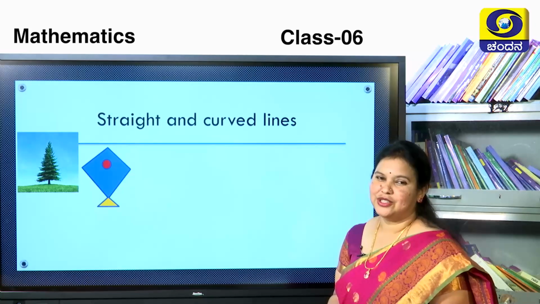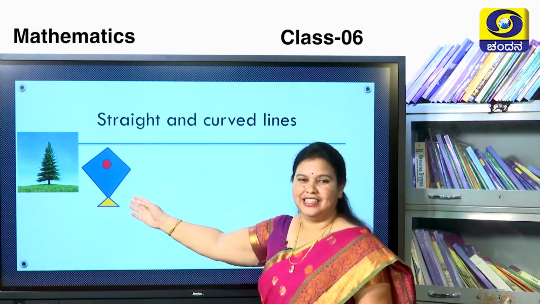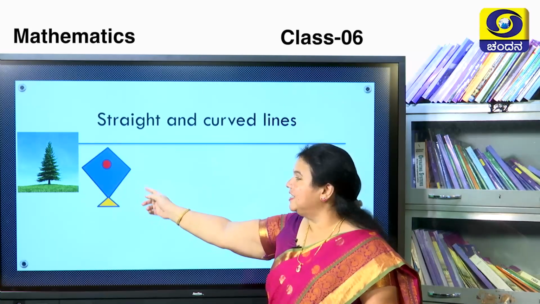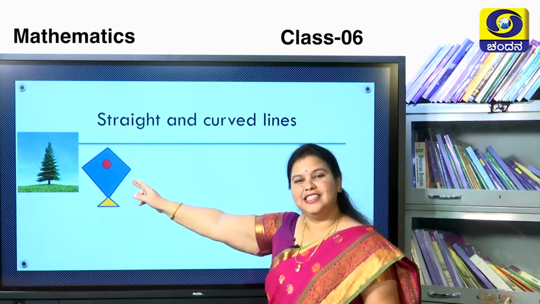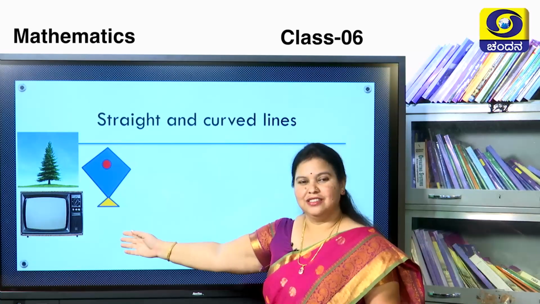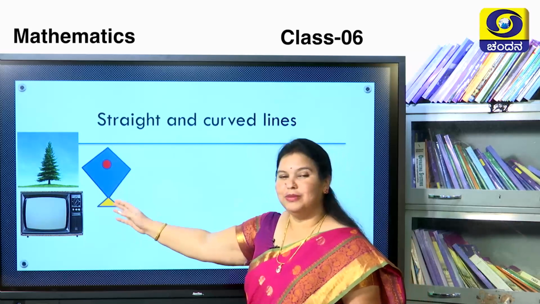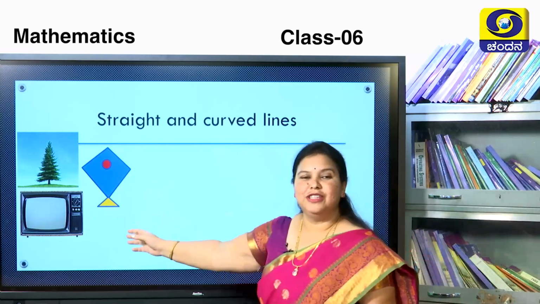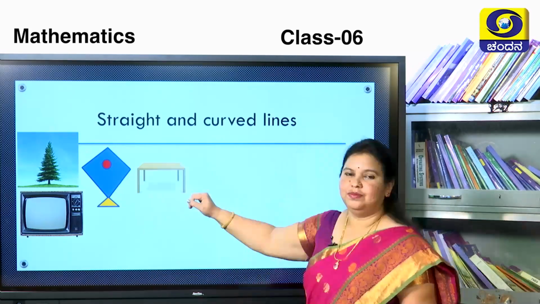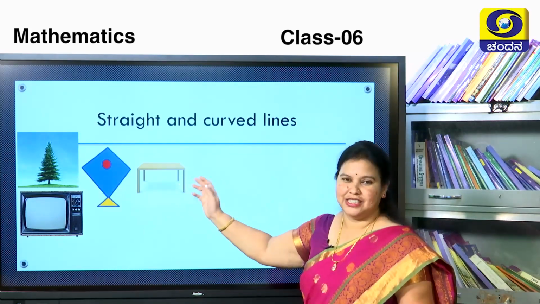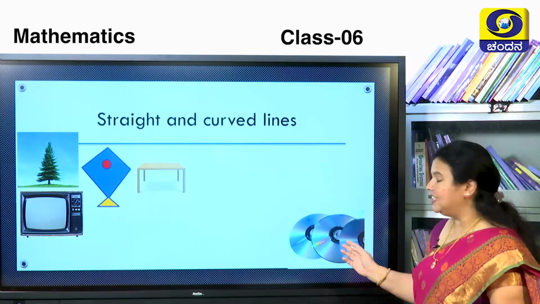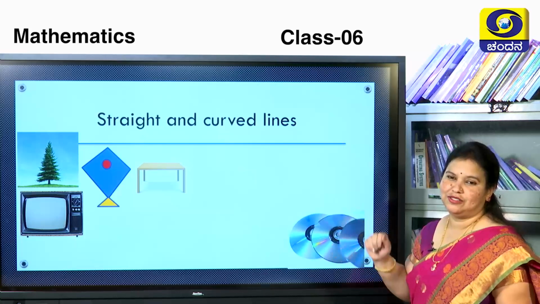We'll see the next one. It is a kite. This is also drawn by straight lines only. Inside the kite, there is a circle and it's a curved line. Yes, it is a TV. You can identify many outlines here. Most of them are straight lines. Inside that, some curved lines are also there. Now you observe the edges of this tabletop. The edges are straight only. See here, it's very commonly seen in most of the houses.